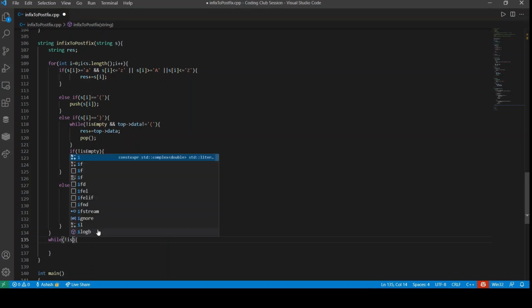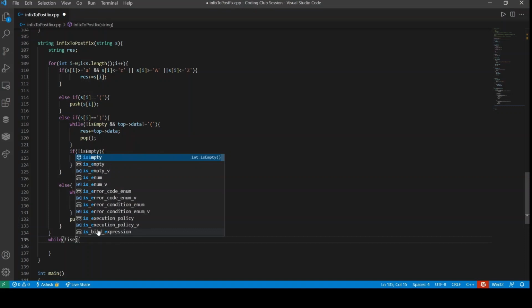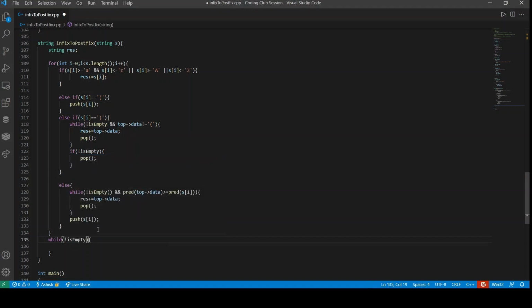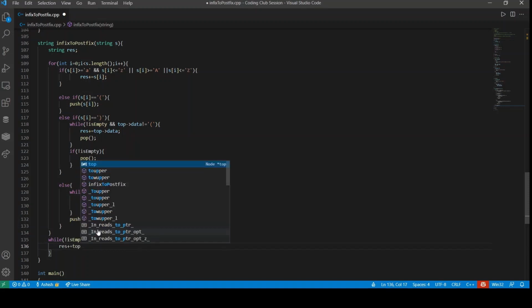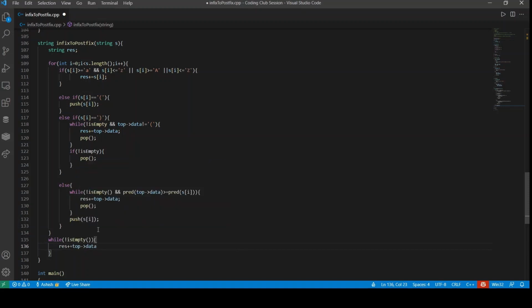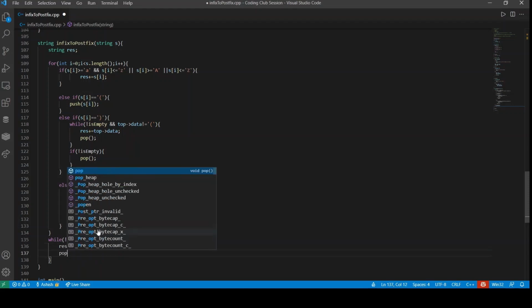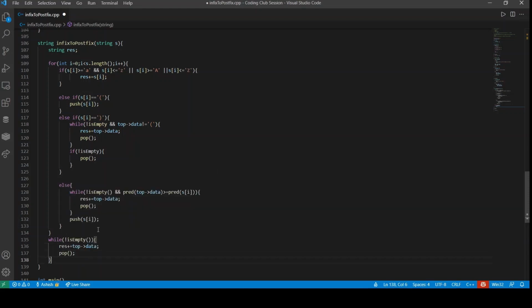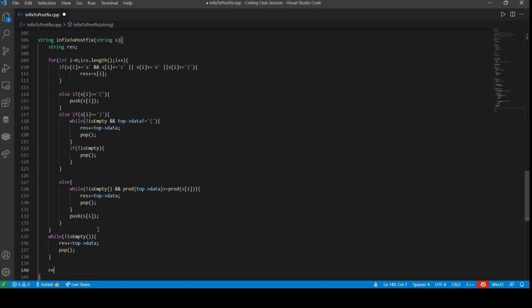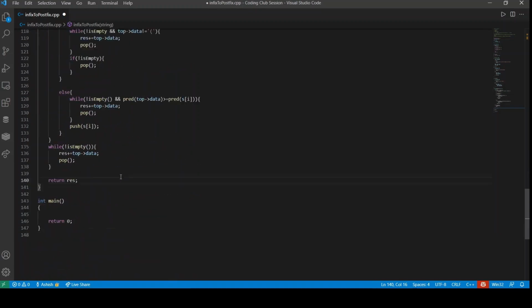So while the stack is not empty, we'll append it into result, that is top data, and then pop, and this is, I guess, it for the function. So we'll return the result, and I think this should work.